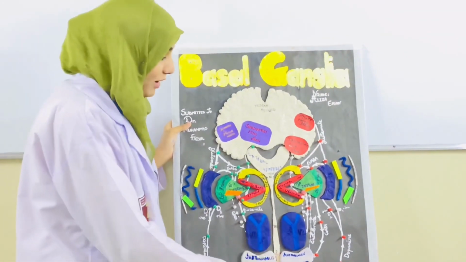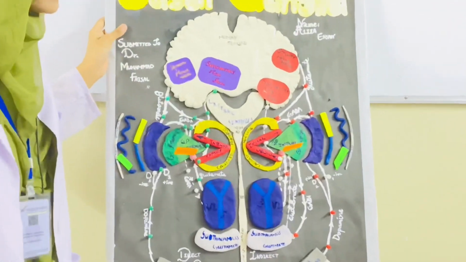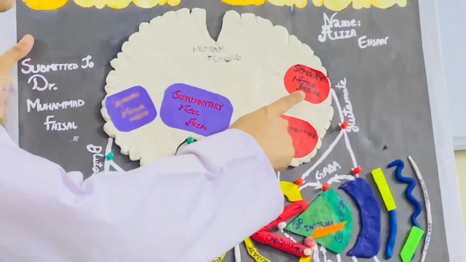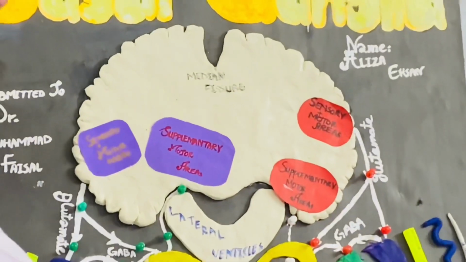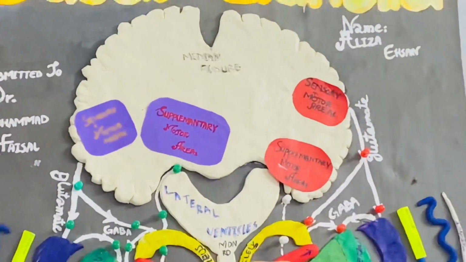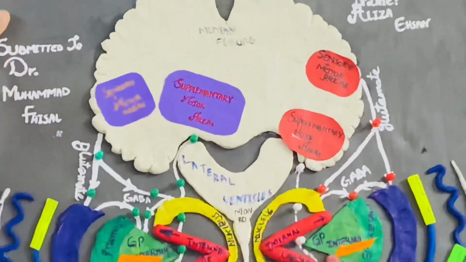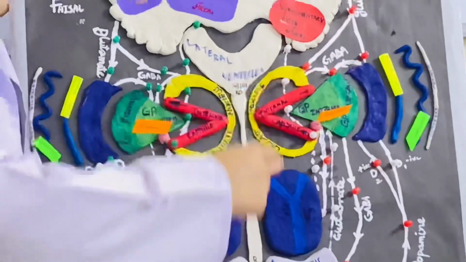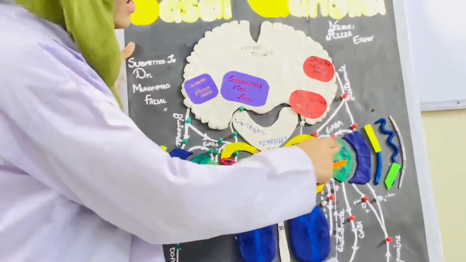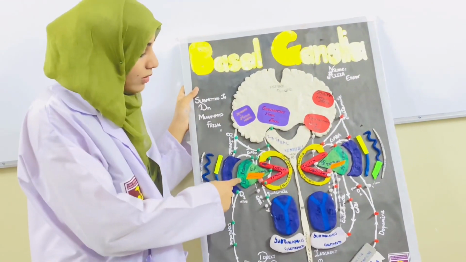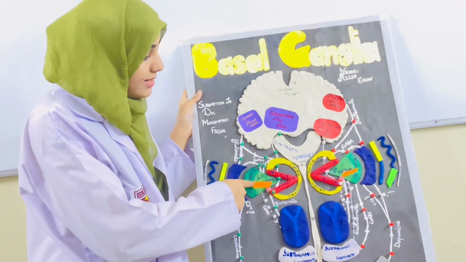While the indirect pathway starts the same way, from the sensory and motor areas, it goes to the putamen and next also to the caudate nucleus. From the putamen and also the caudate nucleus, the GABA, which is inhibitory fibers, go to the globus pallidus externus, unlike the direct pathway in which these go to the globus pallidus internus.